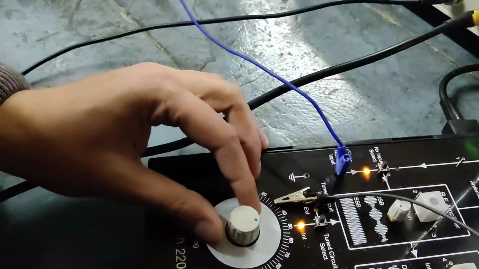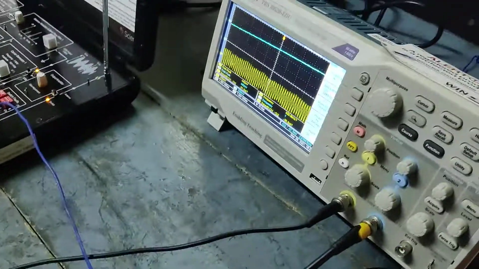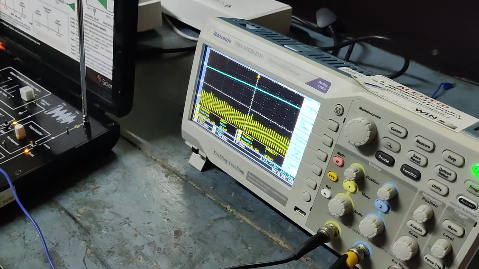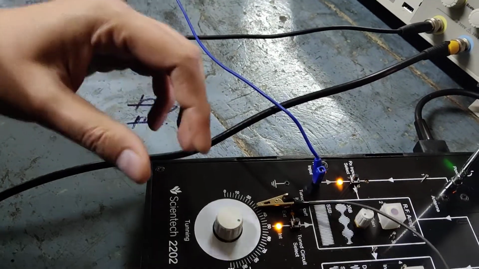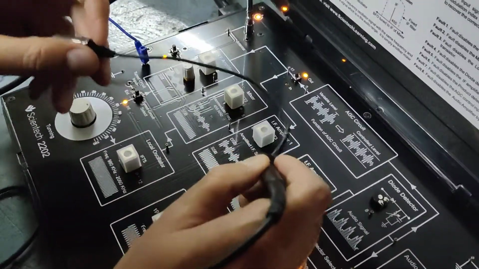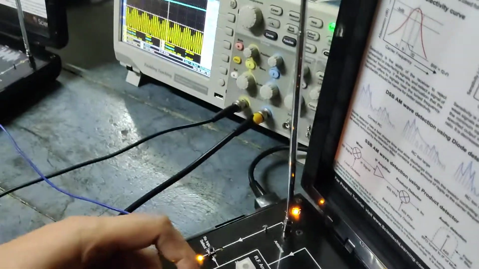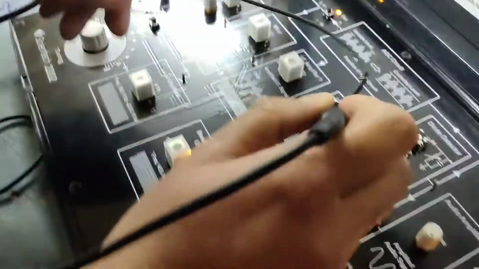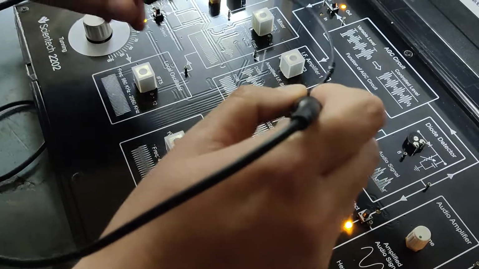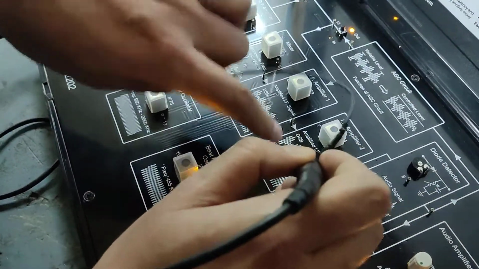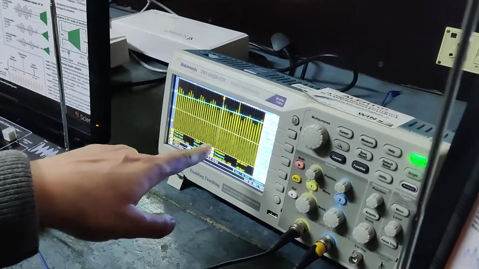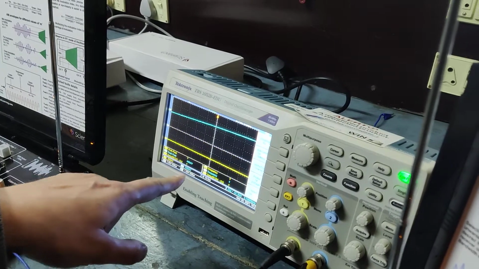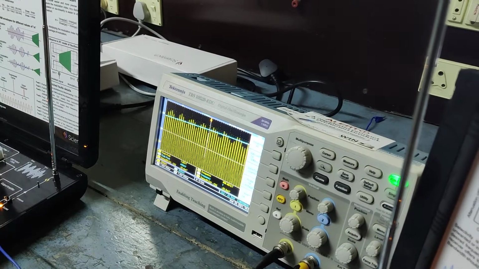We have a tuning circuit here which will tune it to that particular value where we will obtain the intermediate frequency. Fine. Then this is fed to the IF amplifier, which will amplify it. Then we have another stage of amplification, where this amplified output is fed to another amplifier to obtain this particular signal. So we can see the effect of amplification from this point to this point. To obtain a simple sinusoidal signal, we have to make some adjustment.